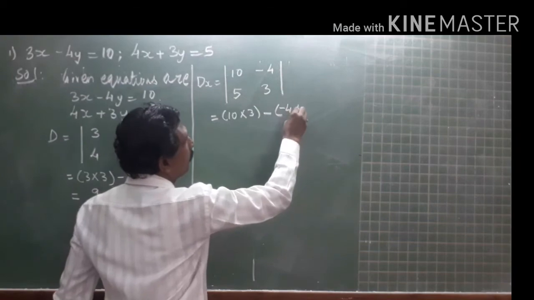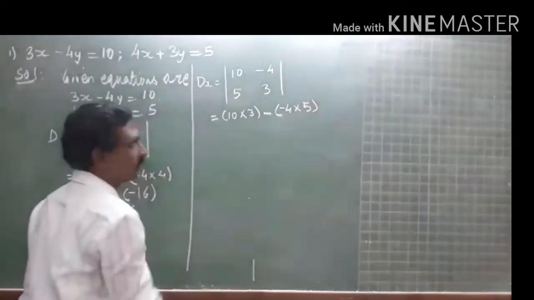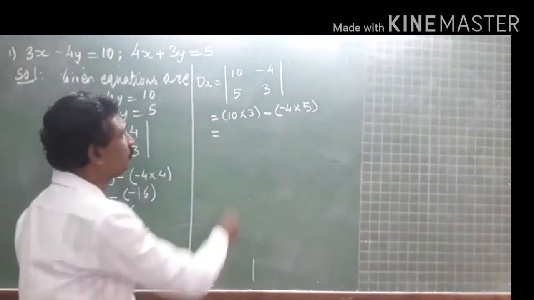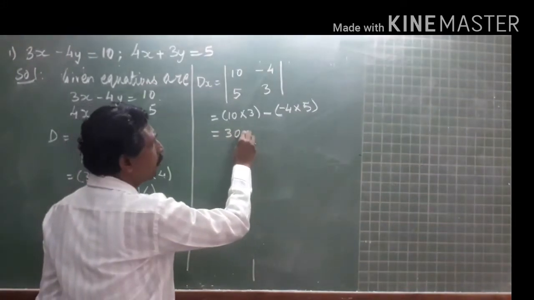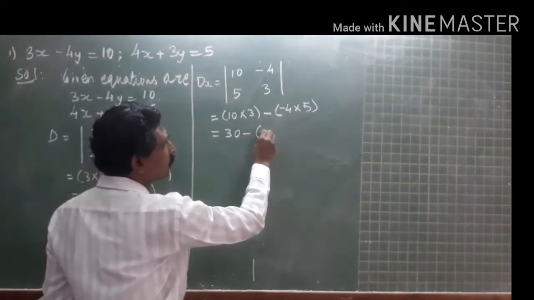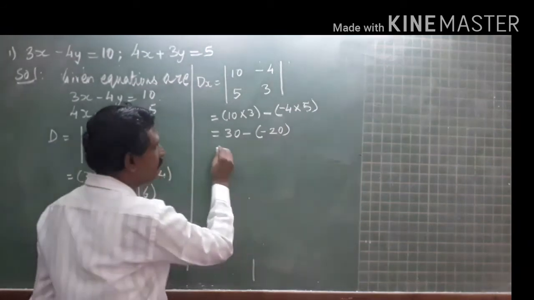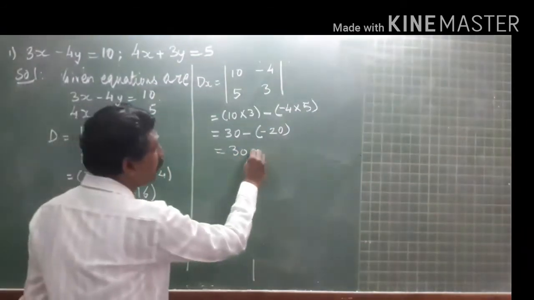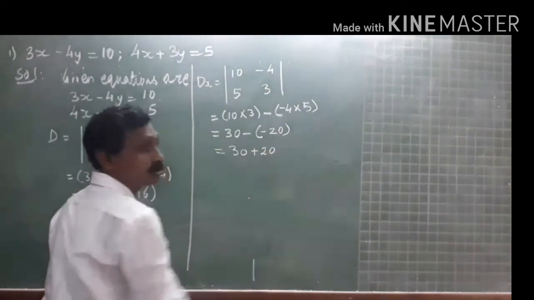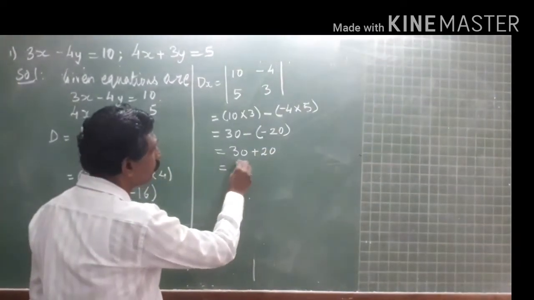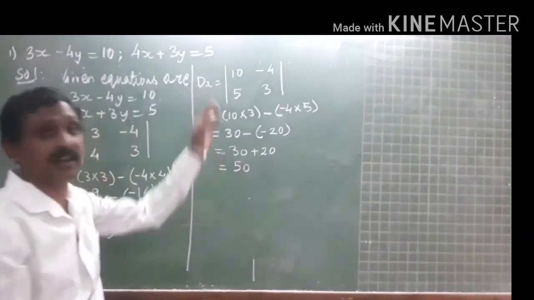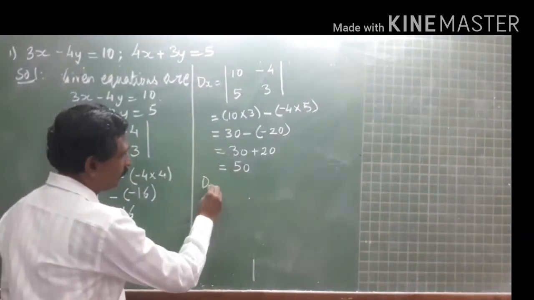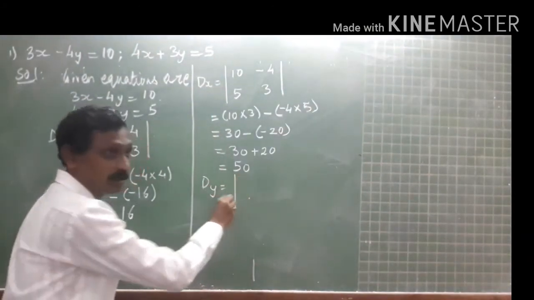minus 4 multiplied by 5, which is equal to 10 3s are 30 minus 5 4s are 20 minus 20, which is equal to 30. Minus into minus gives me plus 20, which is equal to 50. Now let's find d of y. d of y is equal to